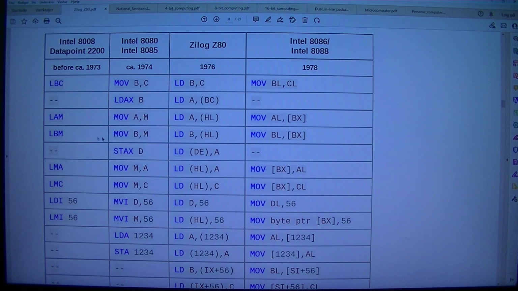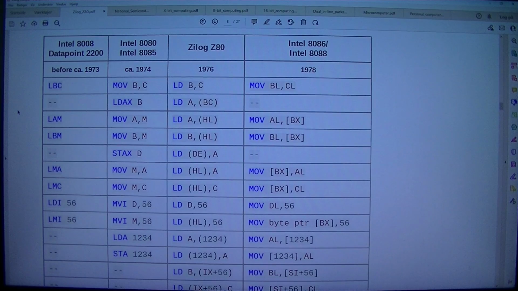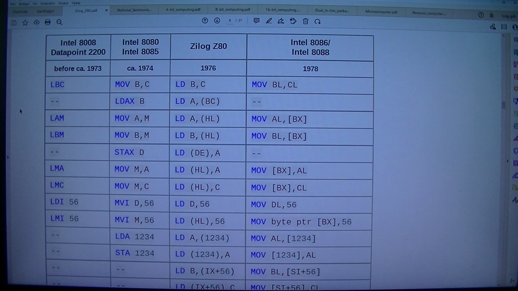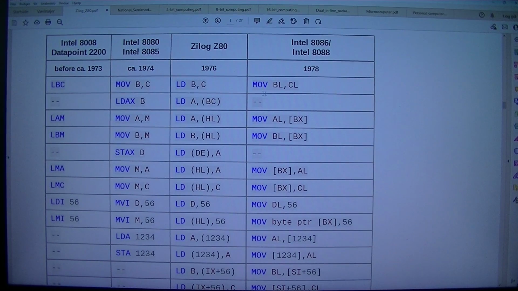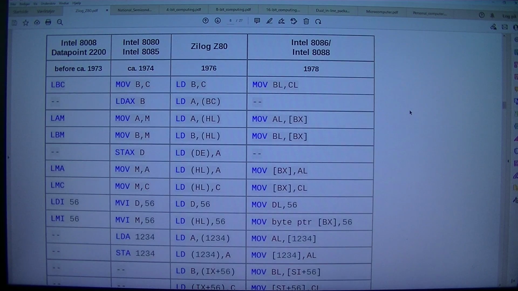Continue. MLD, HL, MOVL, BX, move BMLDB, HL, MOVBL, BX, dash stocks DLD, AL move MALD, HL, a move, BX, Orvik move MCLD, HL, Kloof, BX, Hudi 56 MVID 56 LDD 56 MOVDL 56 LMI 56 MVIM 56 LD, HL, 56 MOV byte PTR, BX, 56 LDA